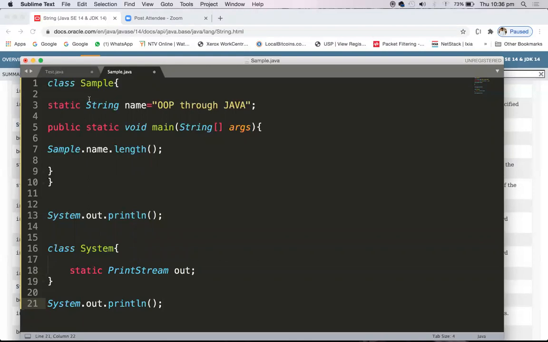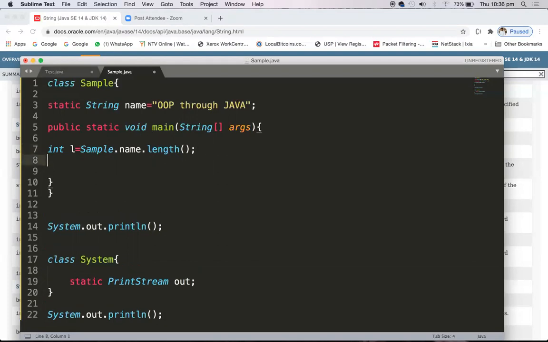In the same fashion, Sample.name is of type String and has a method called length, which is going to give me some int L, that is nothing but the length of this particular string.